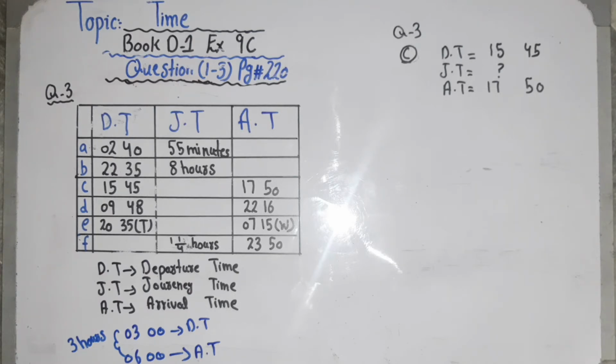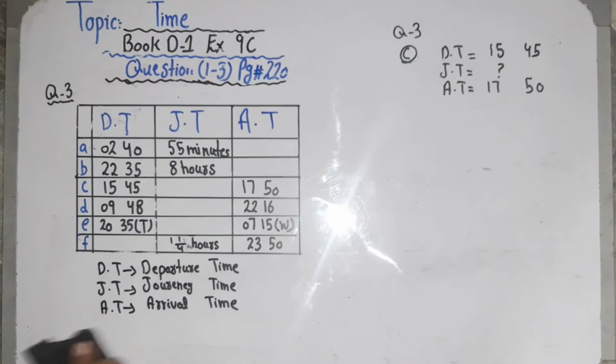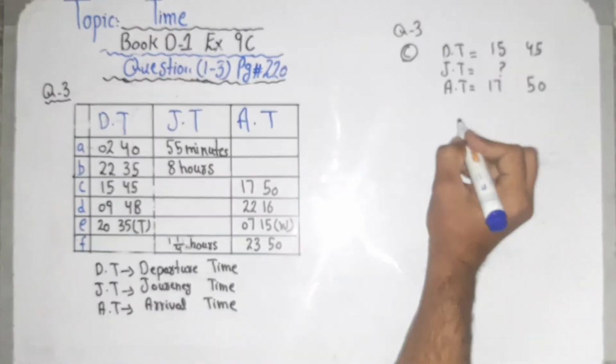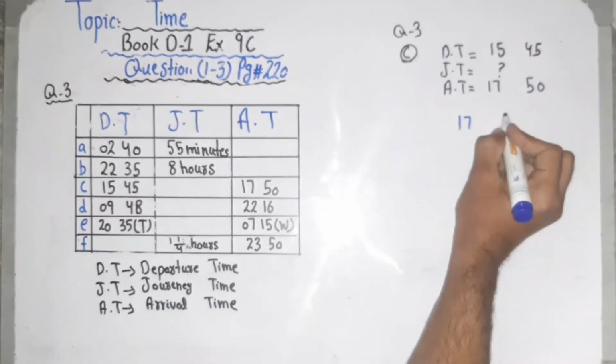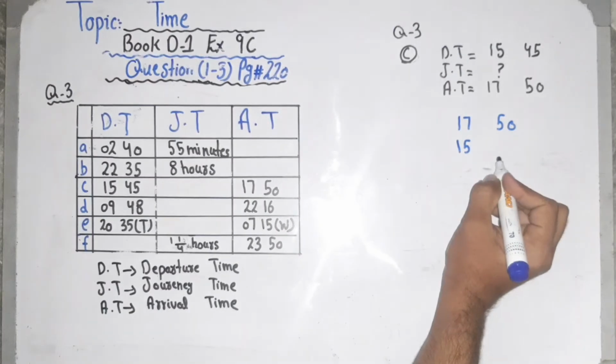Remember, we have to subtract departure time from arrival time. So arrival time में से हमें departure time को minus करना होगा. So again, this C part is very easy. So we have arrival time, that is 17:50, and we have departure time, that is 15:45,